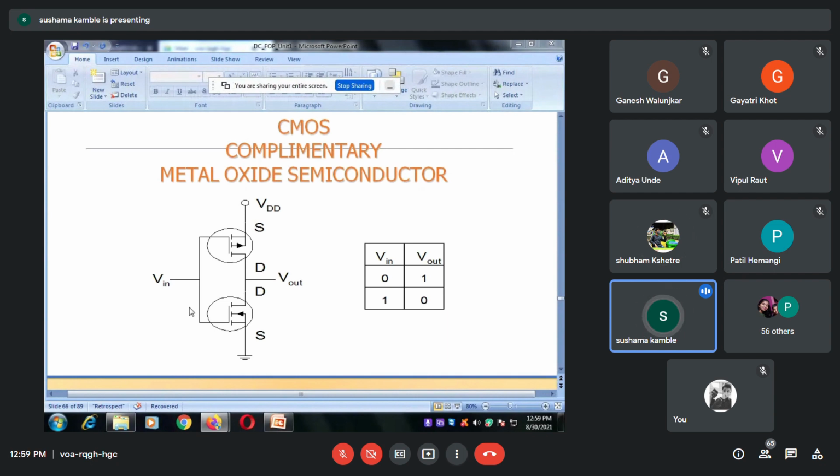So what will be the output of the circuit? See here. अभी ये ऑफ हुआ है ऊपर का, मतलब यहाँ पे तो सर्किट डिस्कनेक्ट हो गया, तो 5 वोल्ट नीचे नहीं आएगा. This will be disconnect. Current is not going to flow at all. Okay, it is going to be disconnected. Now this will act as a closed switch. Okay, and what is the voltage at source? It is connected to the ground, so it will be 0 volt. So at the output stage, you will get 0. Is it clear?